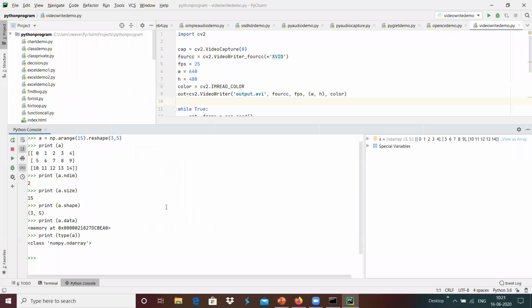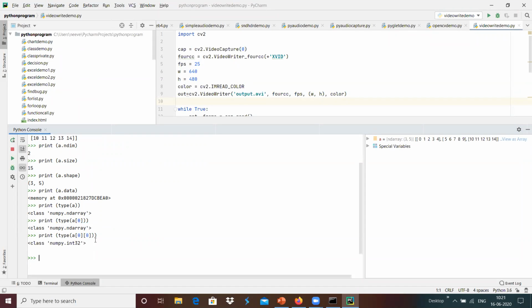And maybe we can do print type of a of 0, 0 over here, which is a NumPy int32, the variable which is present over there.